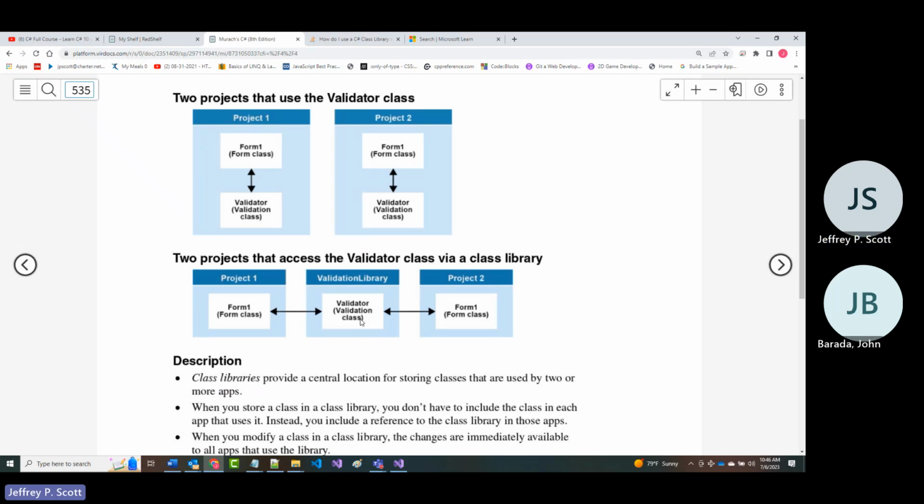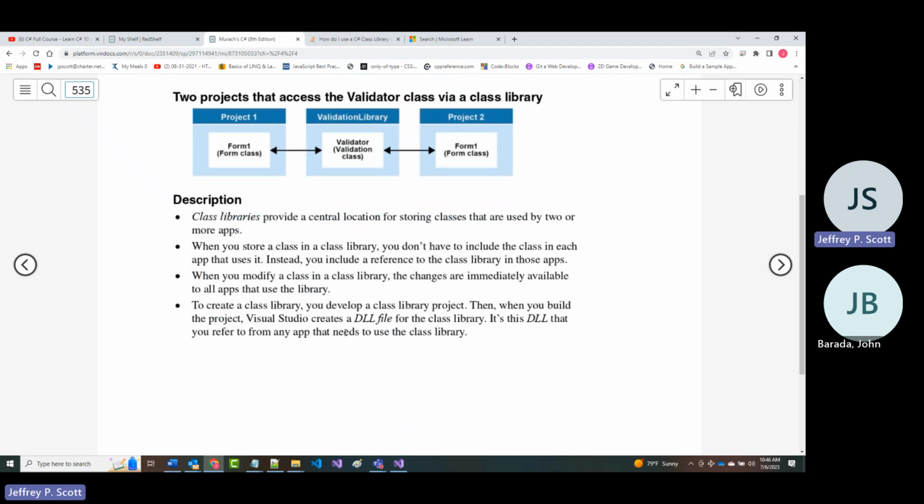What if I decide I want to make a change in one of the validator functions? Maybe we didn't put a validate Boolean in there, and now we're doing more and more things where we need to validate something is Boolean. Do I want to put it in one class and then copy it over every other time I need it? Maybe I forget once or put it in wrong once. Or do I want to put it into a library, add something new or modify something existing, boom, everybody can use it.